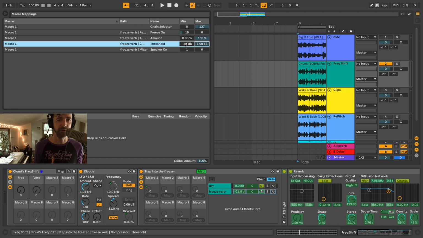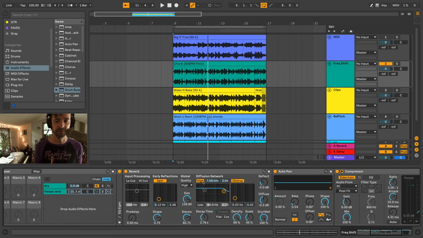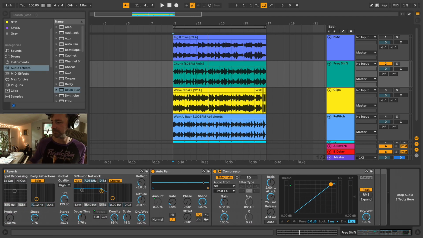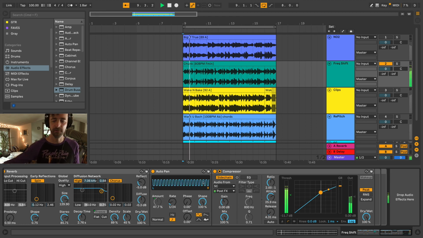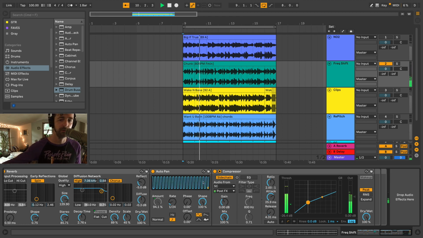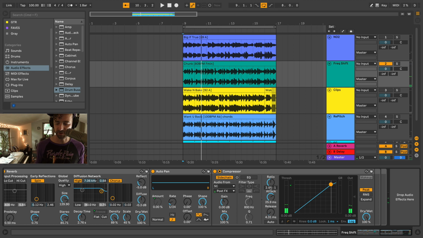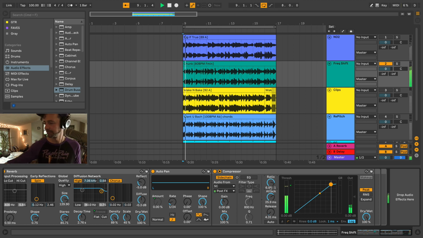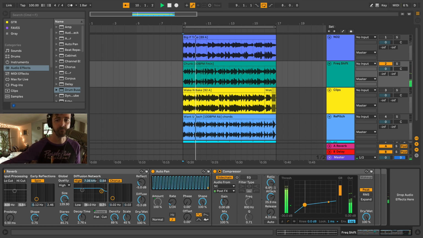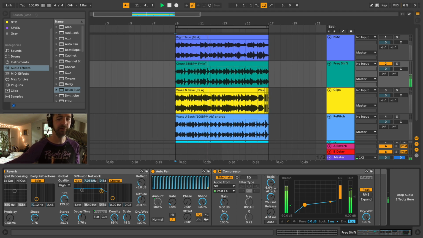And then we want to do it opposite here. We want our default position 0 to be at the top of the threshold, and then we want it to go down. So how about we start with like -30, and let's see how that sounds. Cool. I might change my ratio up a little bit and then go like this. There we go. So now we got the wiggle, the fast wiggle of the auto pan, and then the pump